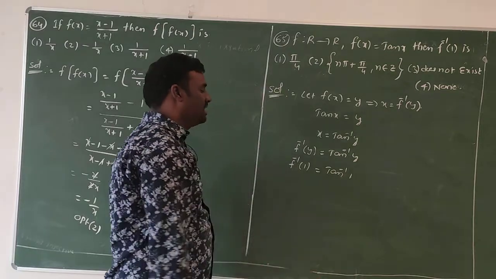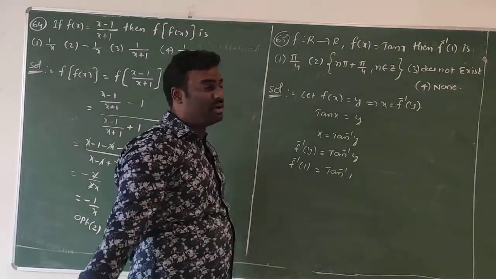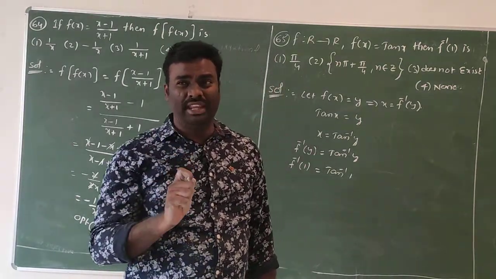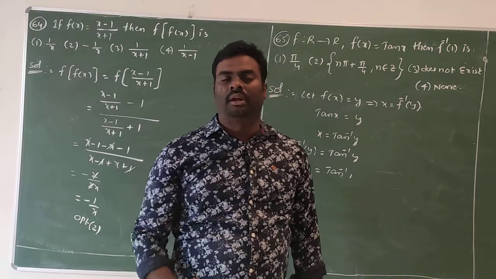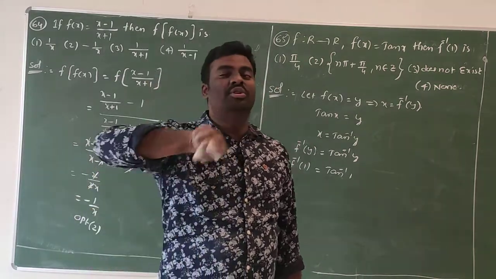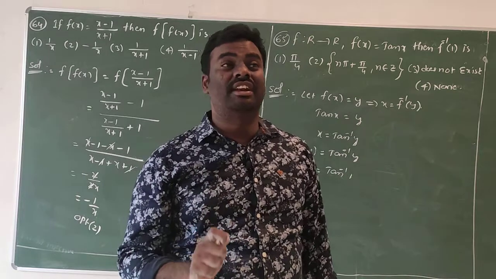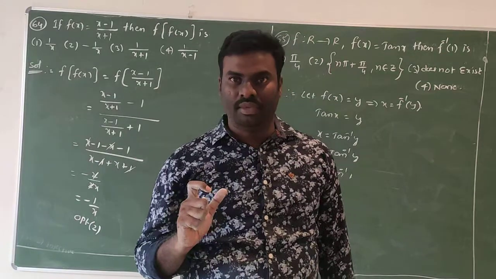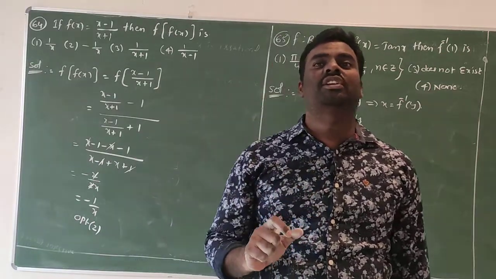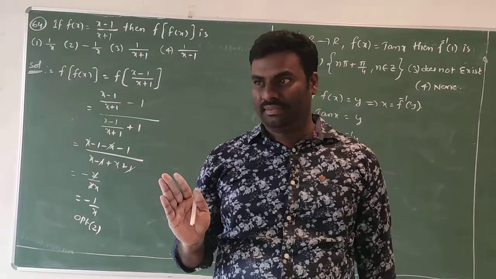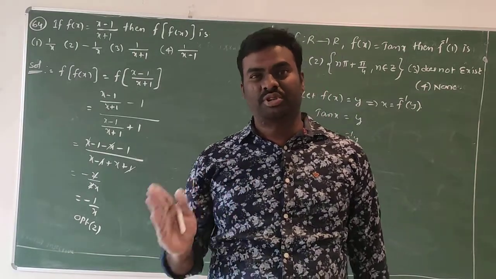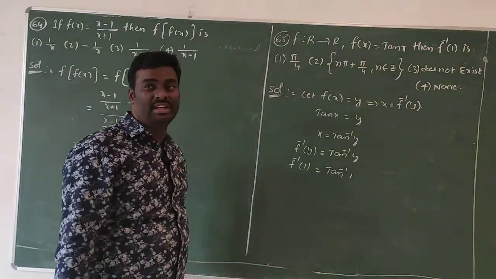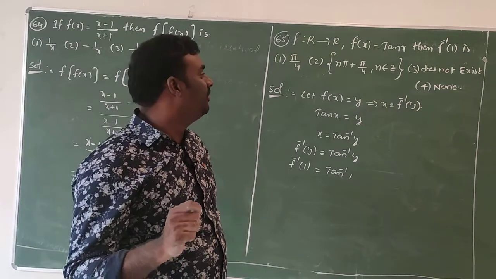Students, here so many students will get confused. When tan inverse 1 is there, automatically they will write pi by 4. It is not correct. Why? Because pi by 4 is only one of the solutions. But here we need to write all the solutions. All the solutions is nothing but the general solution. Pi by 4 is the principal solution. Pi by 4 is not the single solution of tan inverse of 1, because tan is positive in the first quadrant as well as the third quadrant. That's why in this case we need to write the general solution of the function.